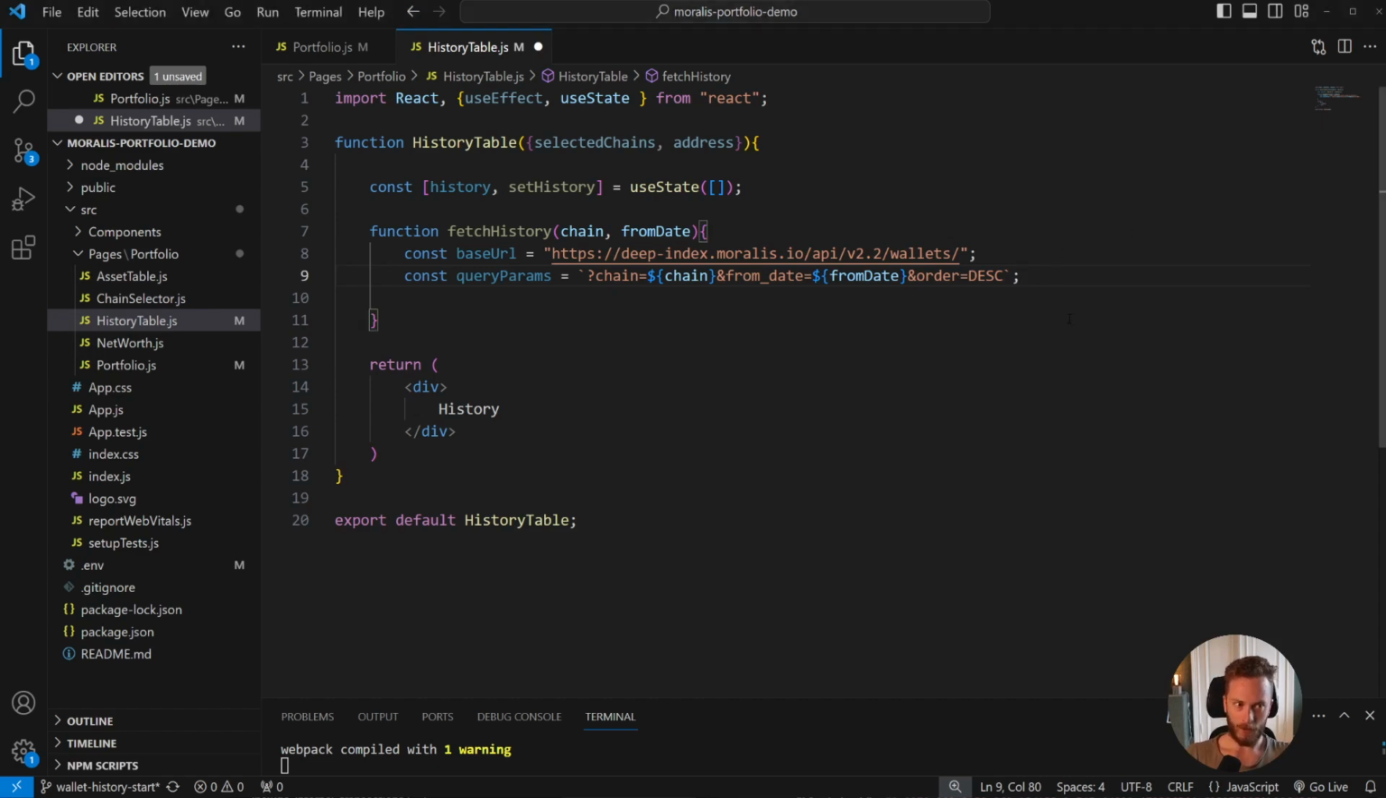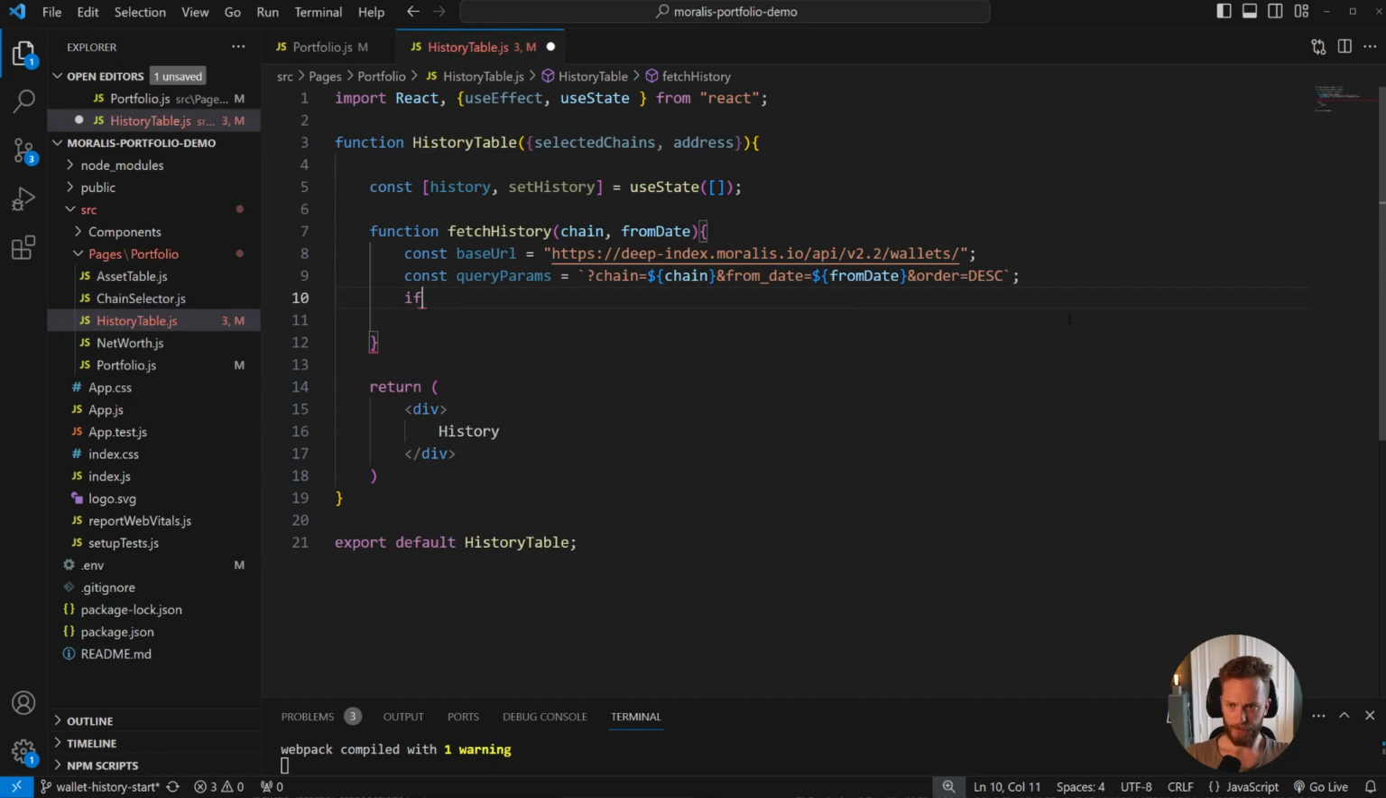We'll do this later because we're going to need to add some logic for the cursor, meaning that if there are multiple pages that we need to fetch, we're going to need to use a cursor and attach that here. But we will do that later. From here then, we're going to